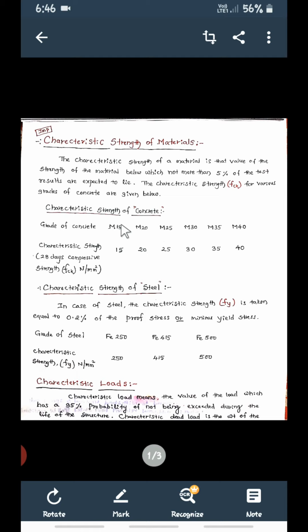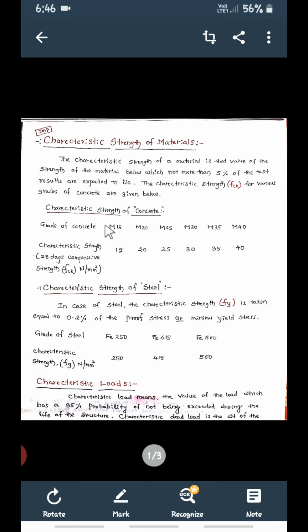Out of 100 cubes, 95 cubes will give strength more than 15. Only 5 cubes will give less than this 15. Then I can say that since 95 cubes give more than 15, I'll grade it